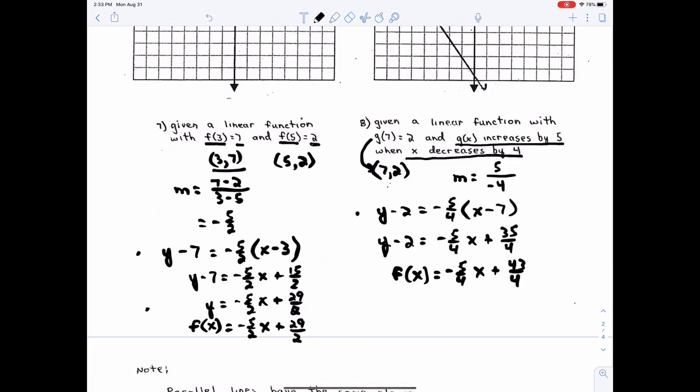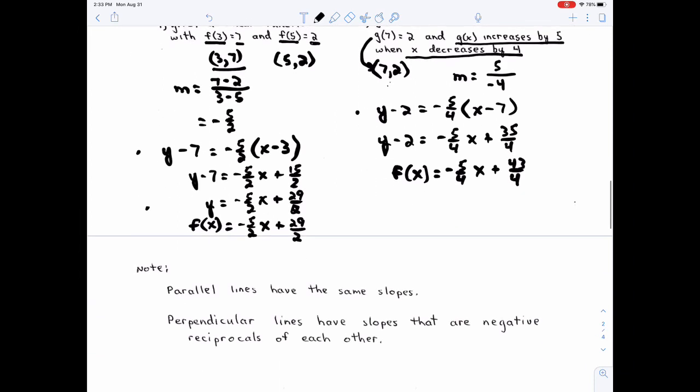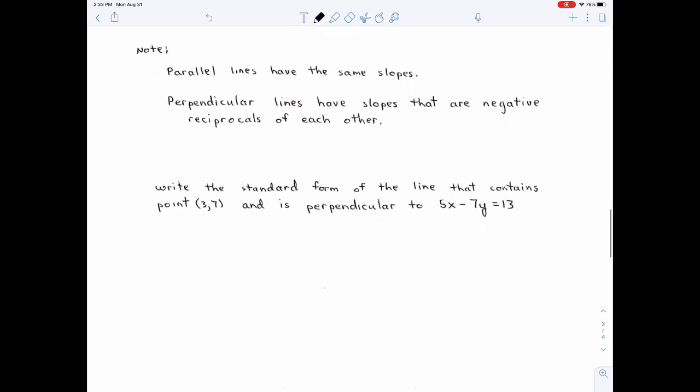Okay? I mean, just point-slope form. With the exception of a vertical and horizontal line. I have nothing else to tell you. Every single one of these problems is that. Okay, there's one last thing I want to tell you about lines, and that is parallel lines have the same